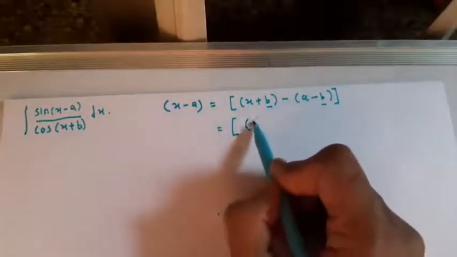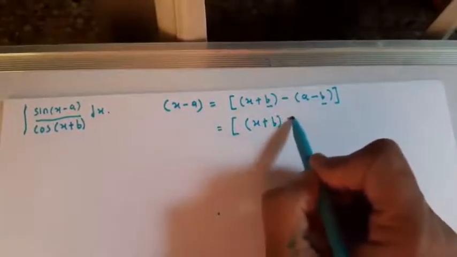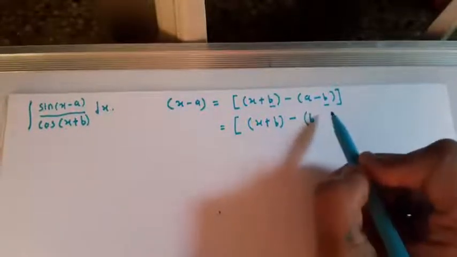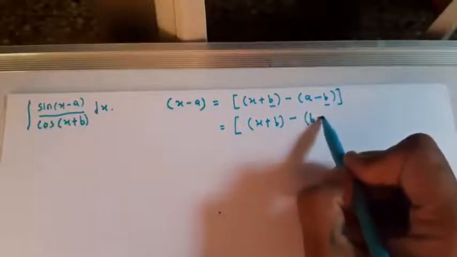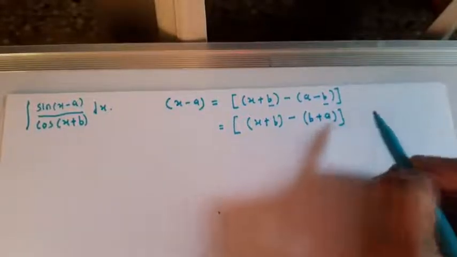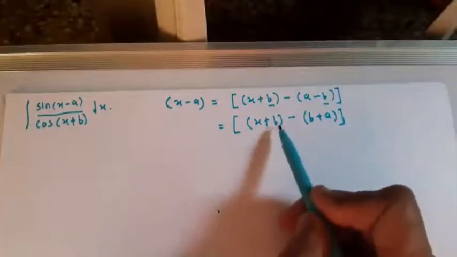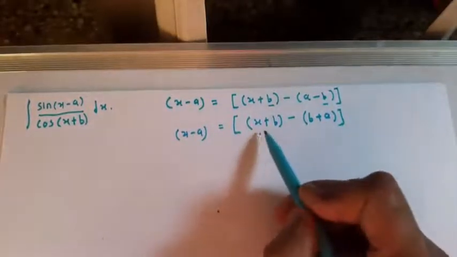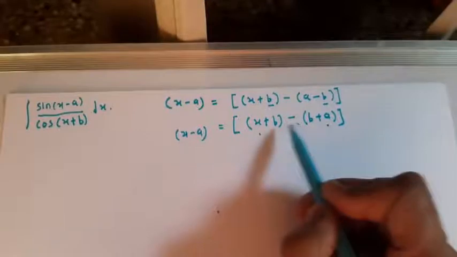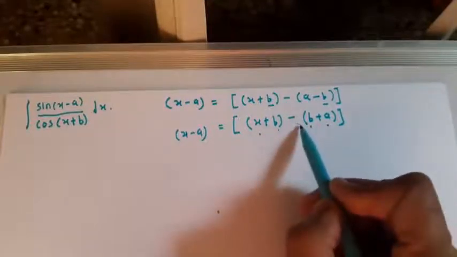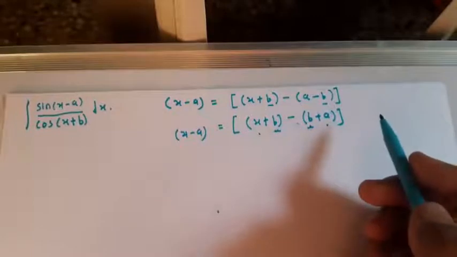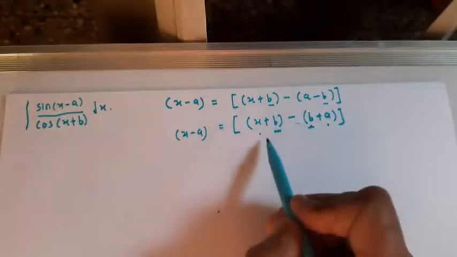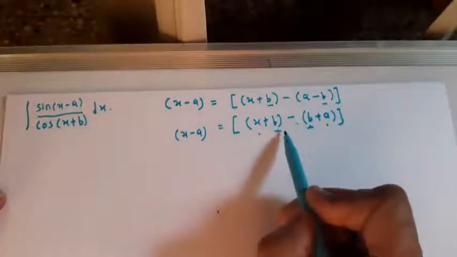Now another way we can adjust: x + b minus b plus a. Also now see here, we have to adjust x − a. So x, and plus minus a. Here plus b minus b, the terms get cancelled, plus b and minus b, and this is nothing but x − a. So we can write x − a in this way in terms of x + b.